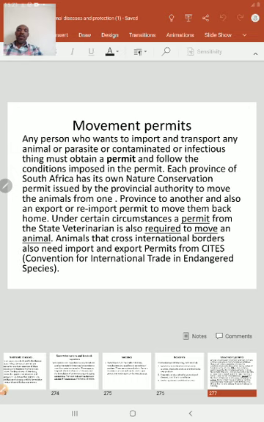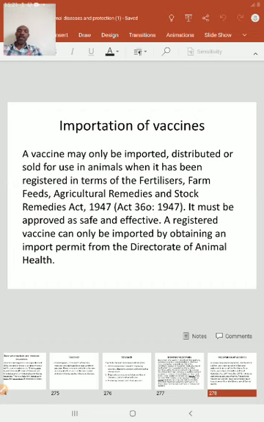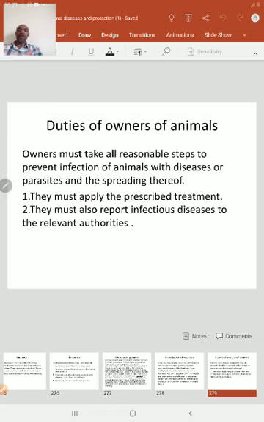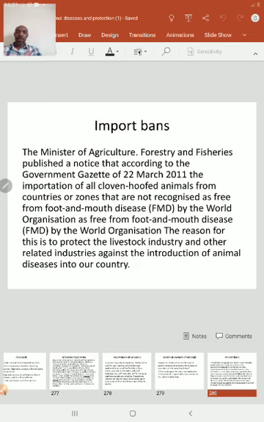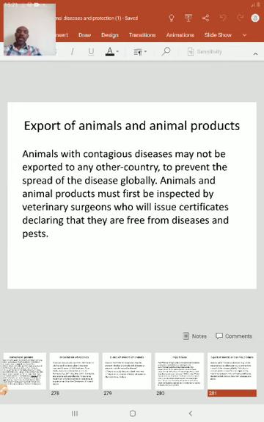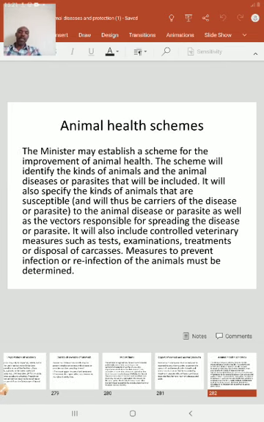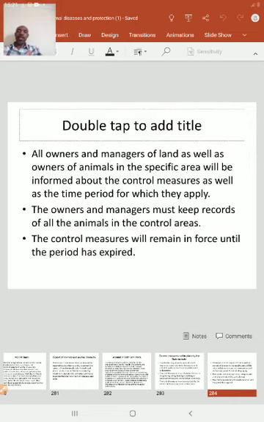Also, the state controls movement through a permit. If you want to move your animals from this area to another, you must get a permit and move them using that permit. Also, owners of animals have duties: they must apply the prescribed treatment as advised by veterinarians, and they must report infectious diseases to the authorities. So the import and export of animals is the duty of the state. So that's about